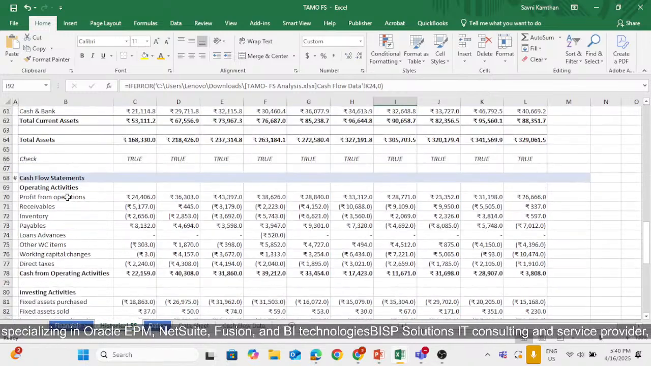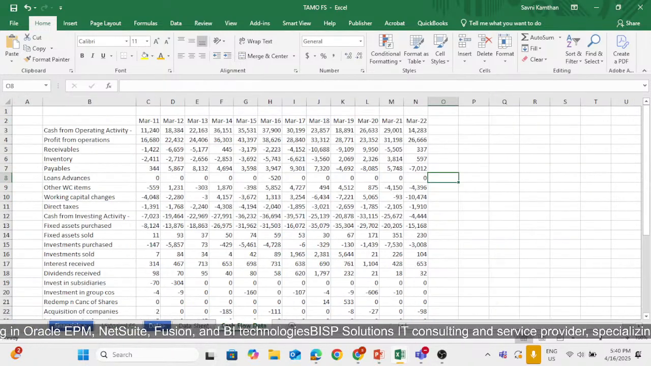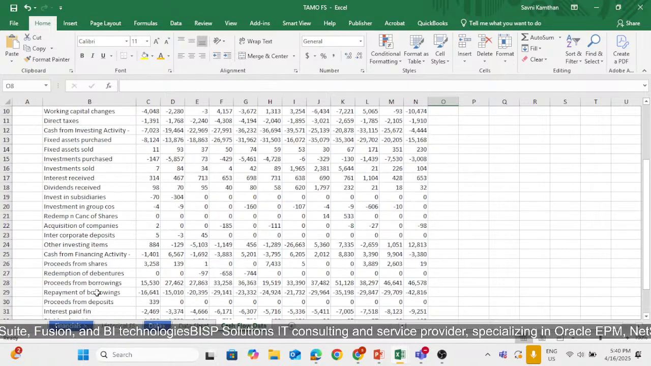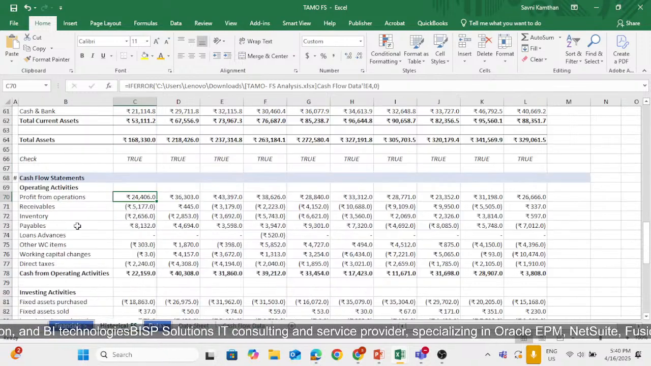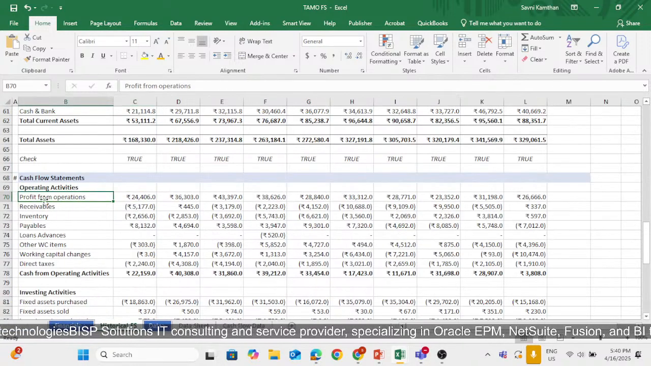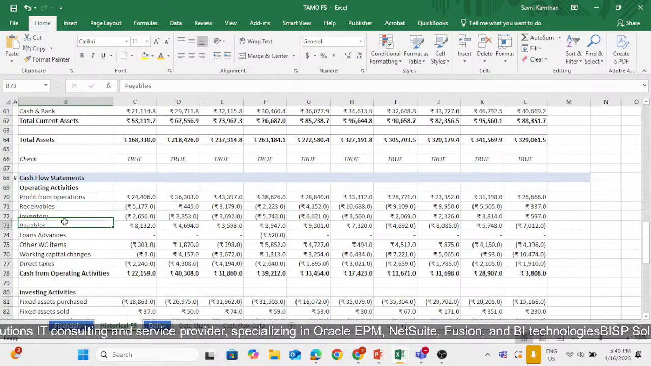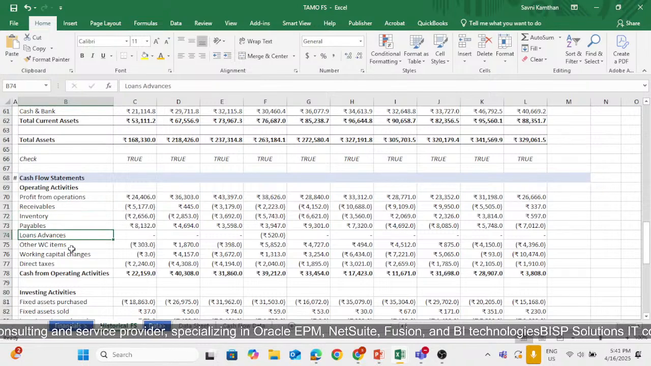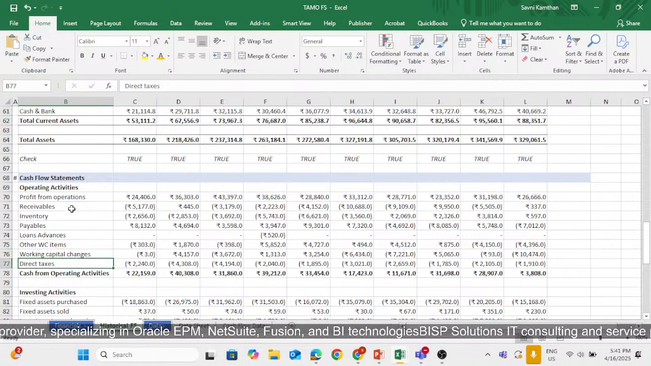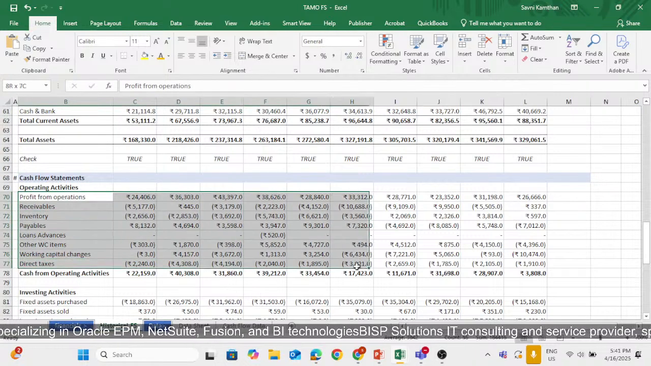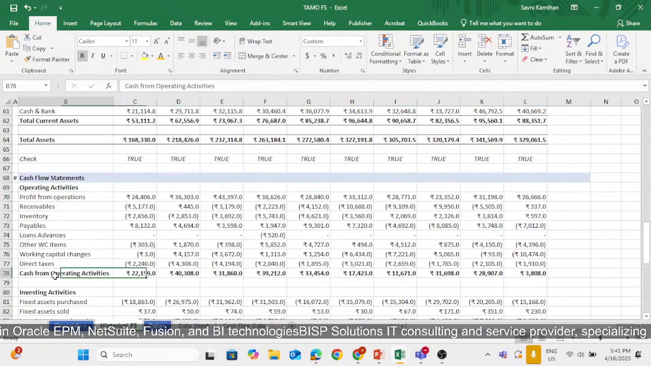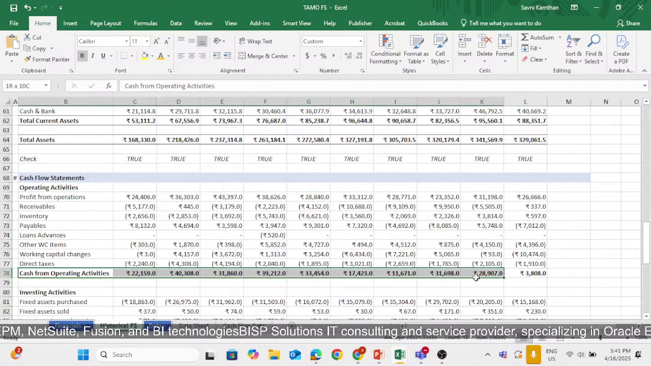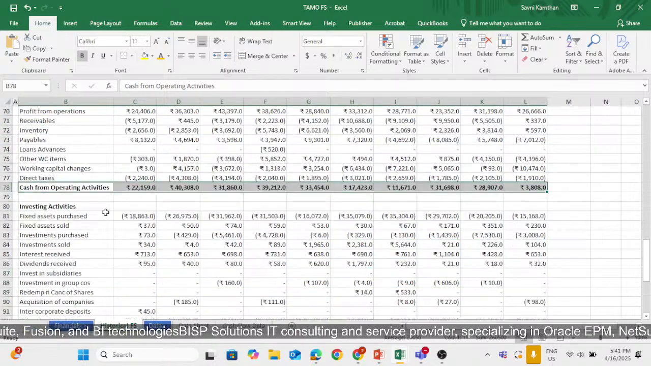I have calculated it through operating expenses, where we will be differentiating our data. In operating activities we will be getting profit from operations, receivables, inventory, payables, loan advances, other working capital items, working capital changes, and direct taxes. These will be calculated, and after that we will be getting cash from operating activities total, and then investing